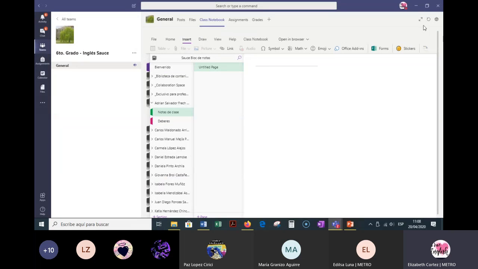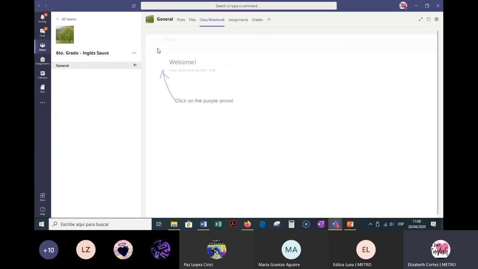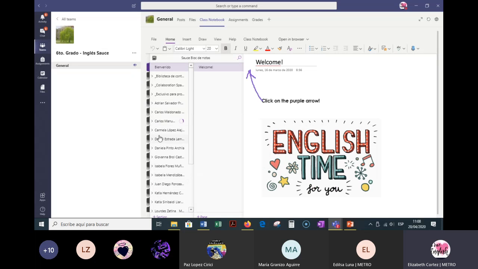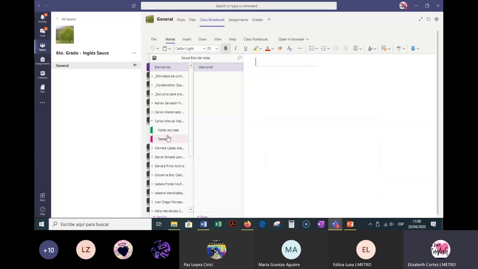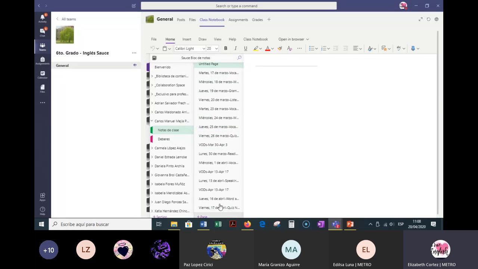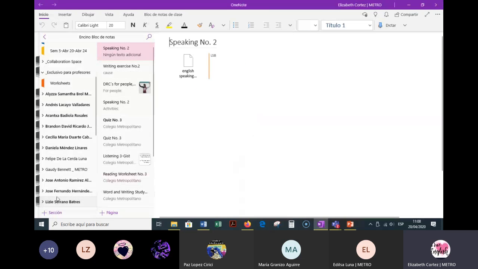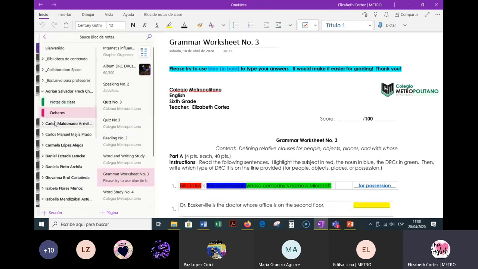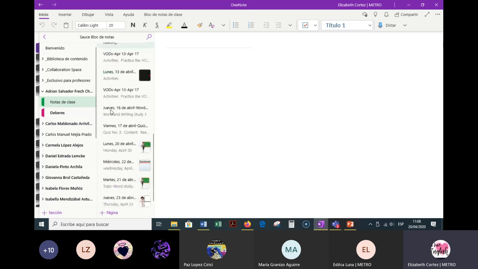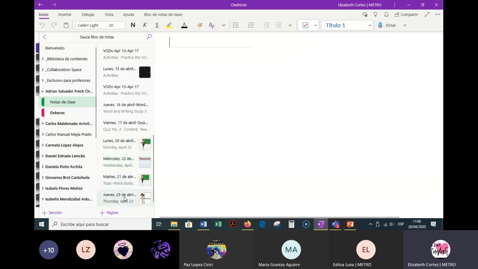Because in Notas de Clases, this one, you see, the problem is that it's not syncing properly. Bloc de Notas is having some problems. In Notas de Clases, you should have all the days, including today, which for the moment you don't see, but it's already there. I'm opening the app to show you because sometimes it only appears in the app. I don't know why. Here you can see it's already there, Monday, Wednesday. And that's the problem, that sometimes we see it in one place and not in another, and then you have double of everything.